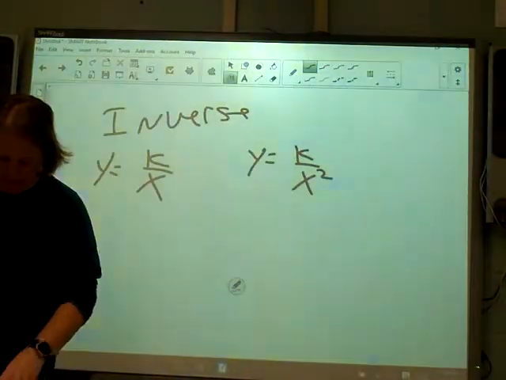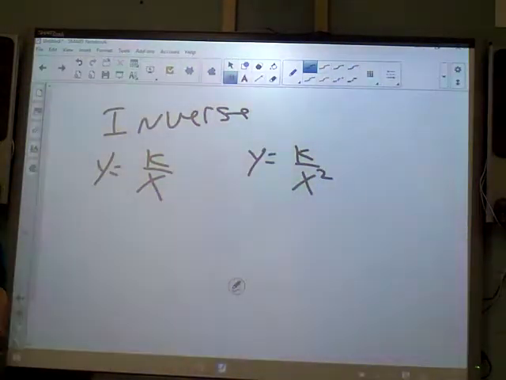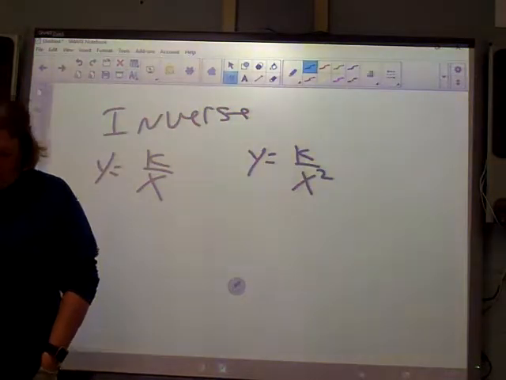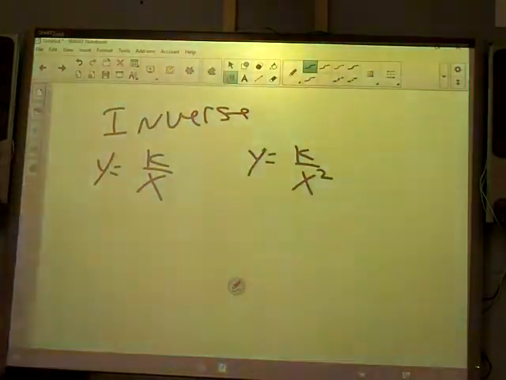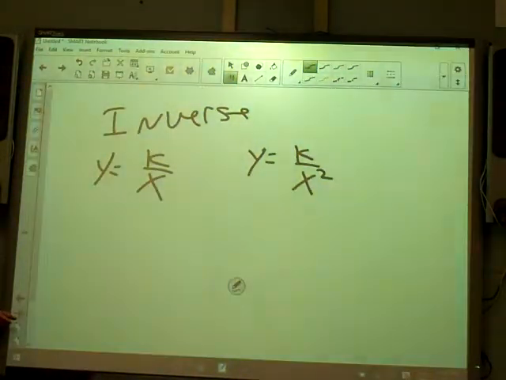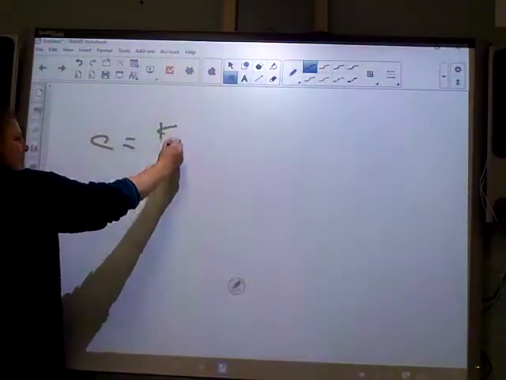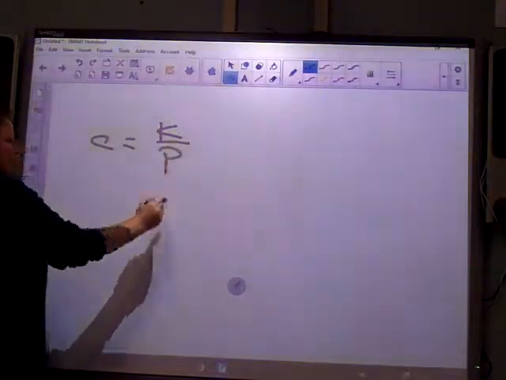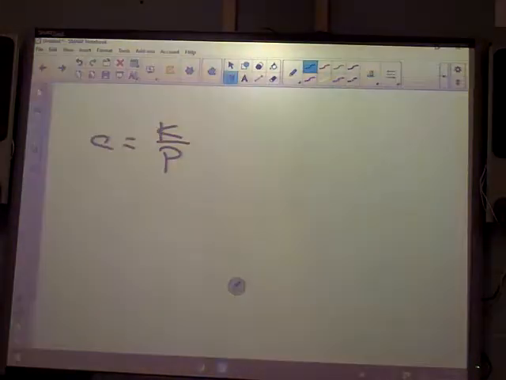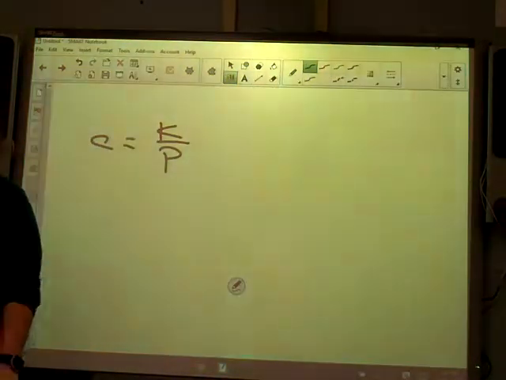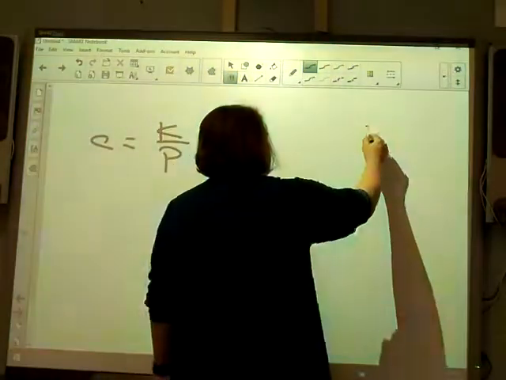This one's kind of a weird problem. We did it this morning. It says the manufacture of a certain medical syringe, the cost of producing the syringe varies inversely as the number produced. So the cost varies inversely as the number produced. All right, here's what we got here. It says if 10,000 syringes are produced,